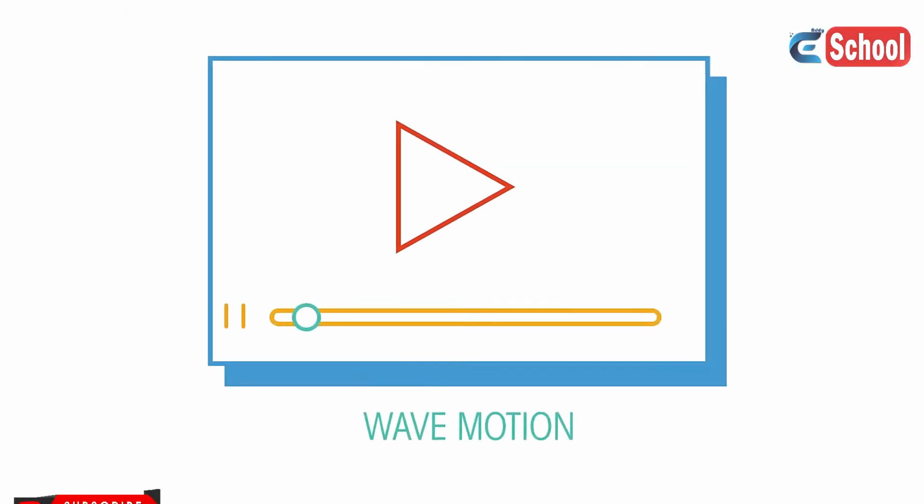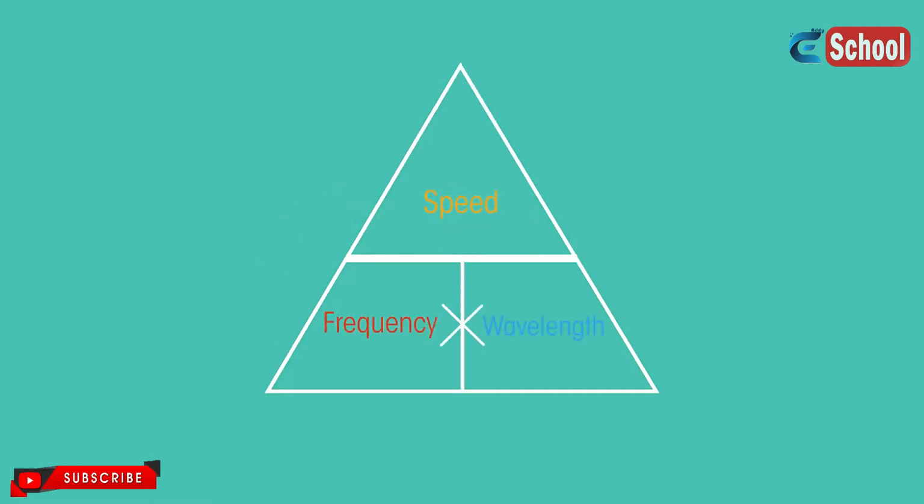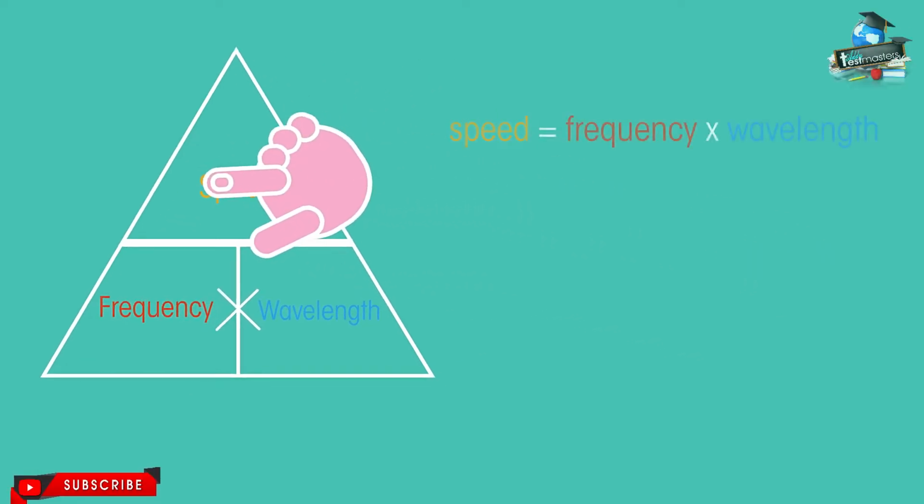You may want to watch that first, before we look at using these values in equations to calculate the speed at which they can travel. The frequency, wavelength, and how fast the wave is travelling are all connected. If we want speed, we put our finger over speed and it equals frequency times wavelength, which in symbols is